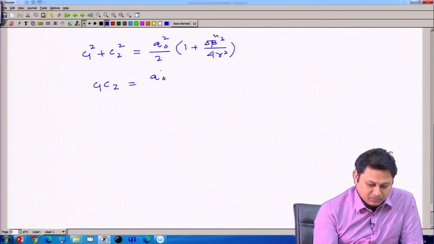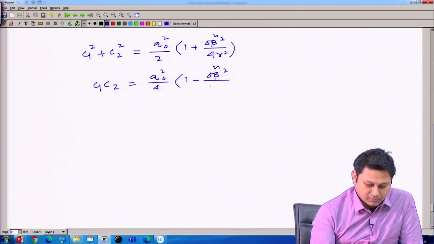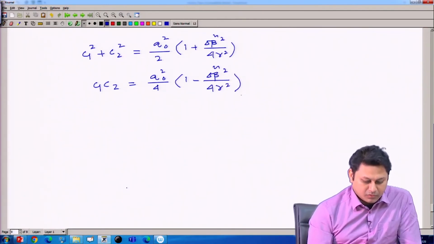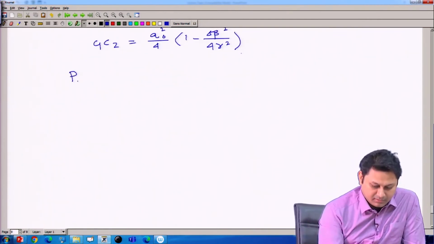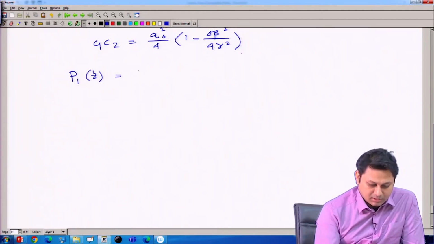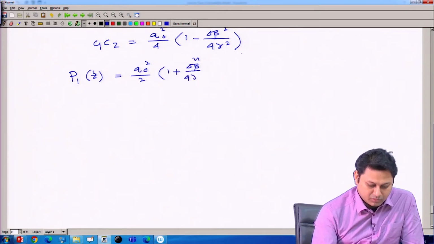It should be A0 square divided by 4, and then A plus B into A minus B. So, A minus delta beta by 4 gamma square. So, my P z, which is P1 z, the power associated to waveguide 1, is simply A0 square divided by 2 times 1 plus delta beta tilde divided by 4 gamma square,